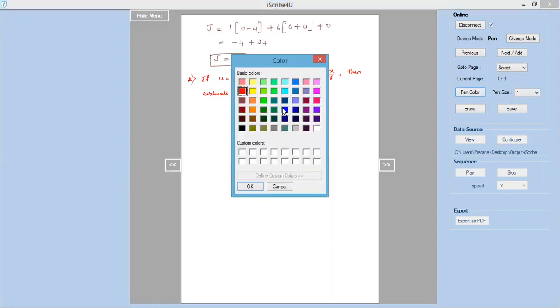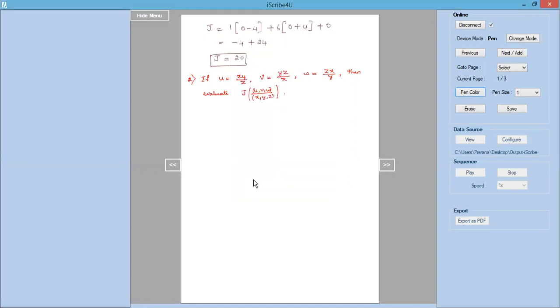So let us take up this problem. The procedure remains the same as we did in the previous case. We consider these functions given, u as a function of xyz, v and w also as a function of xyz, and find out the partial derivatives, u with respect to xyz, v with respect to xyz, and w with respect to xyz first. Then we will use it in the Jacobian formula. Solution. So let us consider first u.